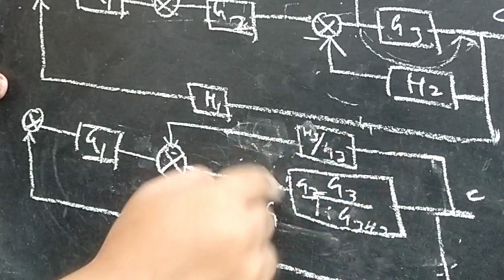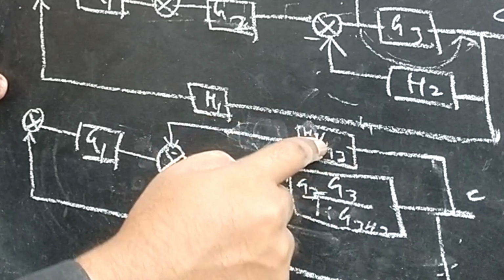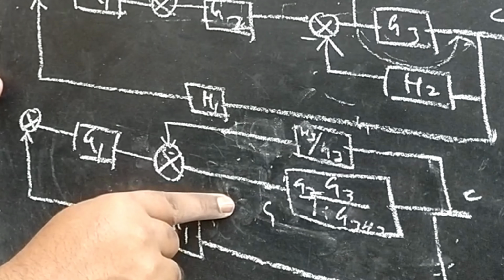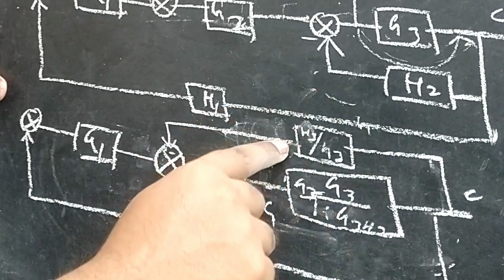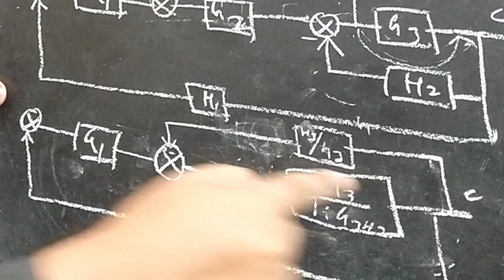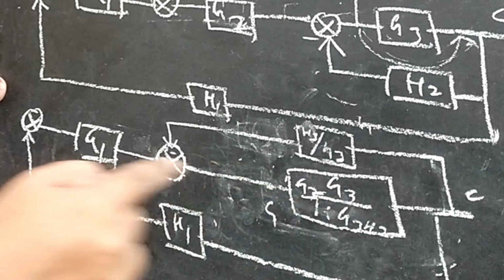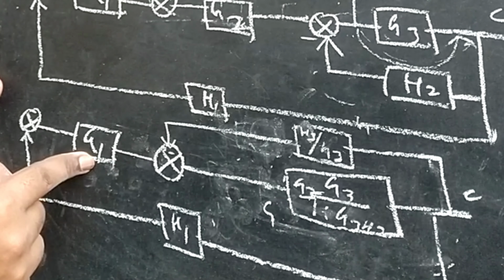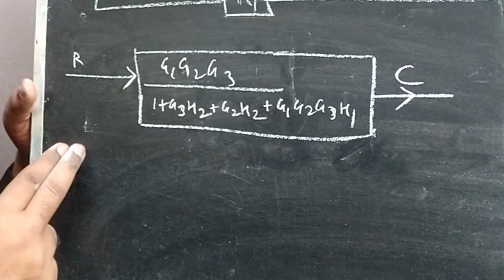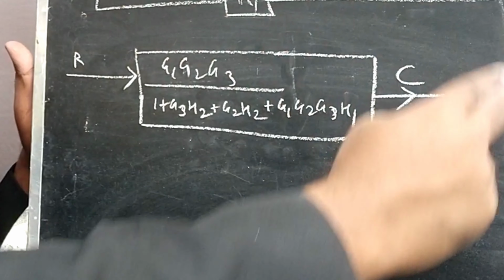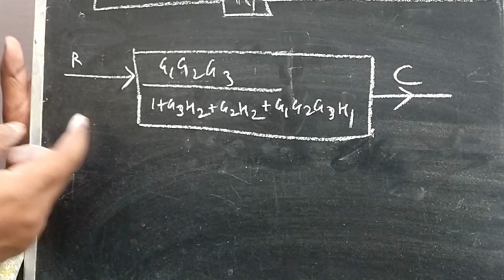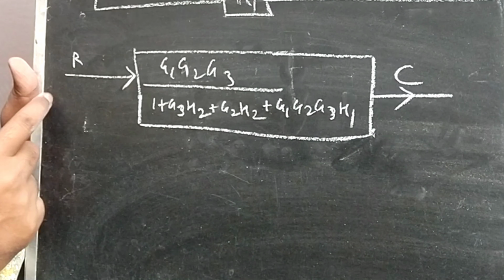So instead of G, you just put in all this term, and instead of H, you just put all this term. Once you are removing this particular thing, you got only one block. From the block, this particular G1 is cascade. Then if you are multiplying this cascade connection, then this H1 is a feedback path. Hope you remember. So this is the equation we got, the final output. After removing the feedback and the cascade connection that we discussed, we are getting a final block like this.